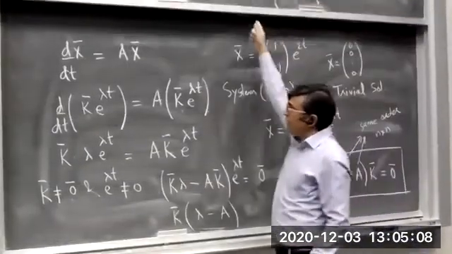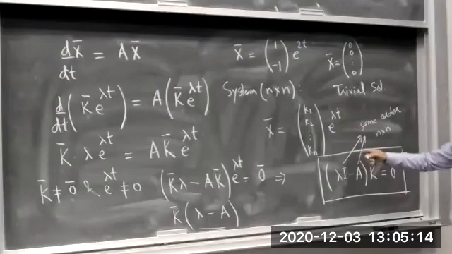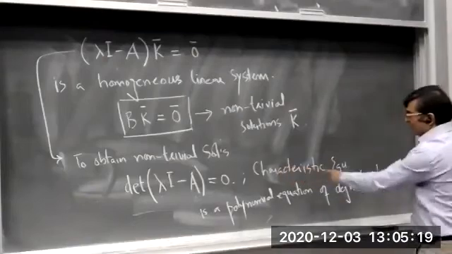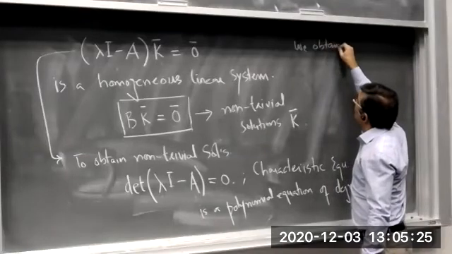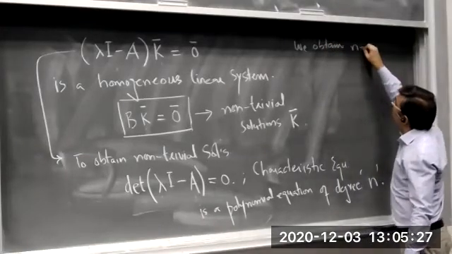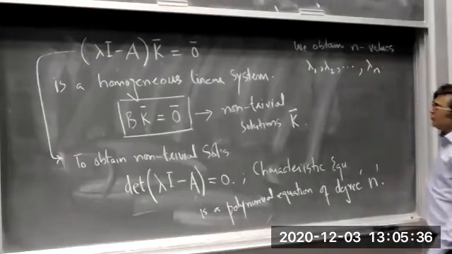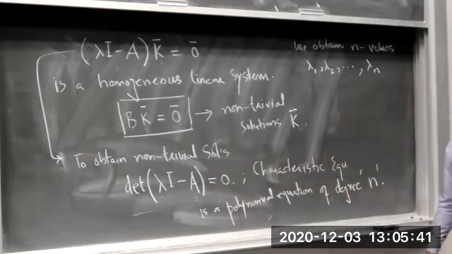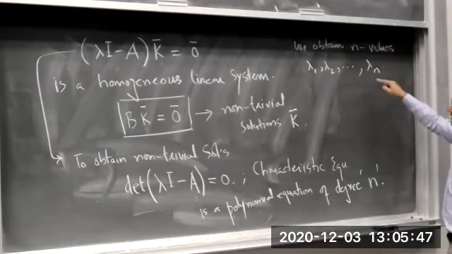Let me talk about the eigenvalues and eigenvectors as well. By solving this characteristic equation, we obtain n values, lambda 1, lambda 2, and so on, lambda n. Because by solving this characteristic equation we obtain a polynomial of degree n, which can have at most n values. These values are called